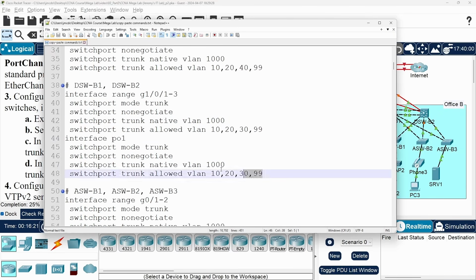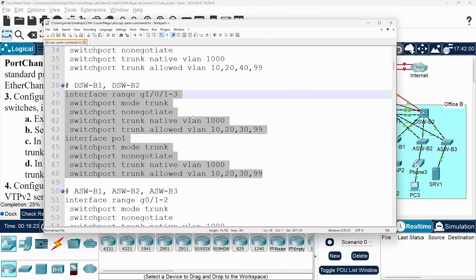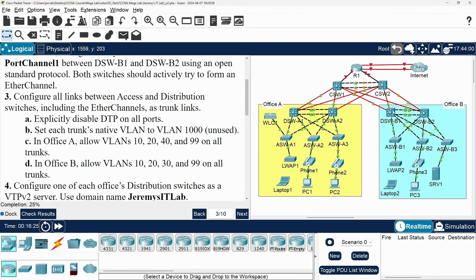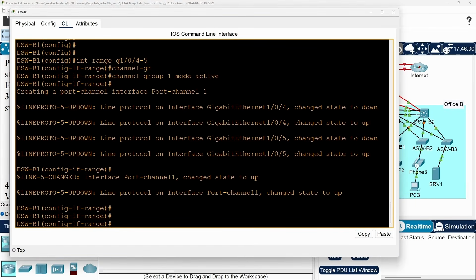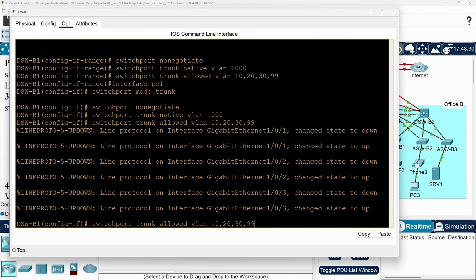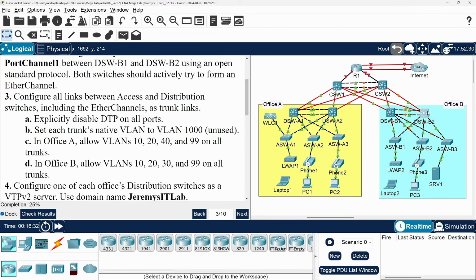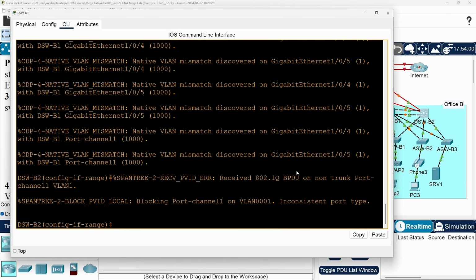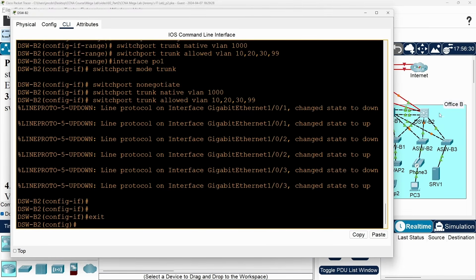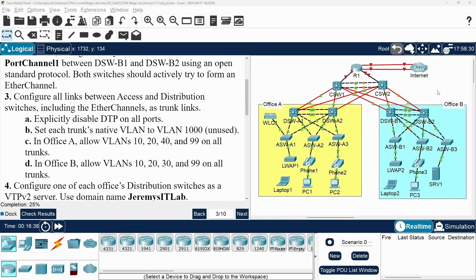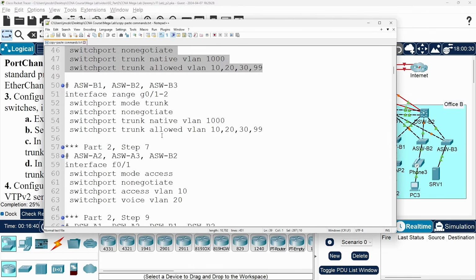So let me copy the configurations for the distribution switches. Now let's paste them into dswitch B1 first. Right-click, paste, exit. Then dswitch B2. Right-click, paste, and exit.